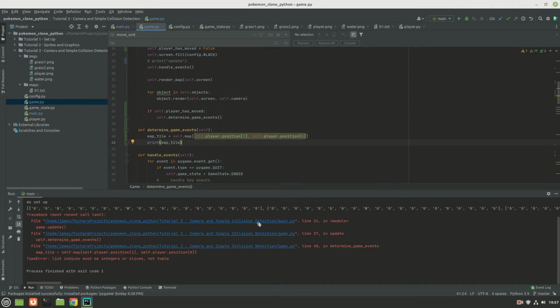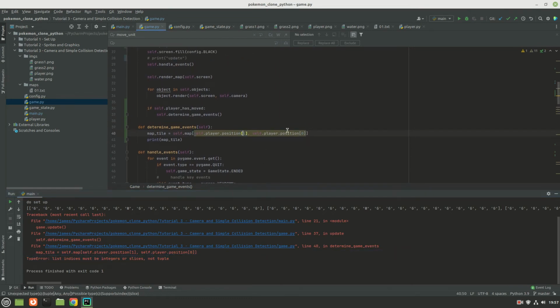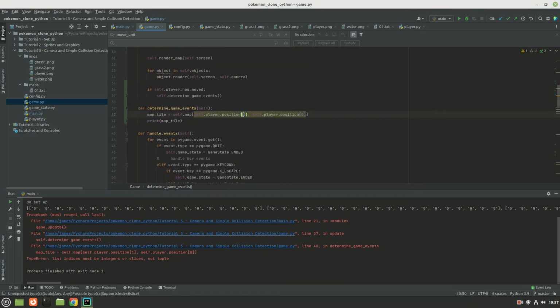And we got an exception, so we just want to go to the last one here. So it must be integers or slices. What did I do wrong there?